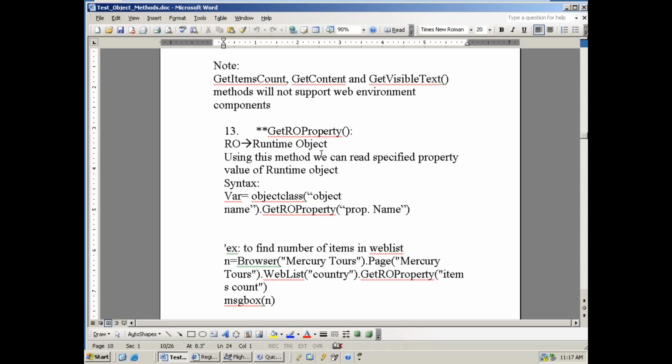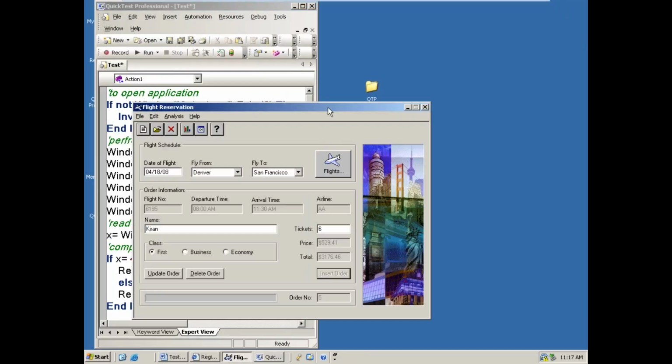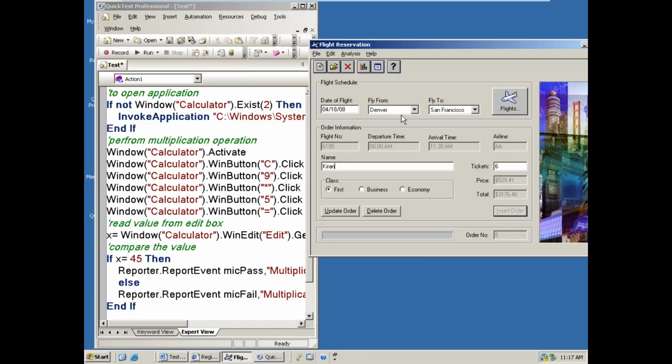For that purpose, you have the method called GetROProperty. RO means runtime object. What does runtime object mean? Objects which are available in the application are called runtime objects. Runtime objects have more properties. So how do we know what properties a runtime object has? If I have this object, a runtime object list box,